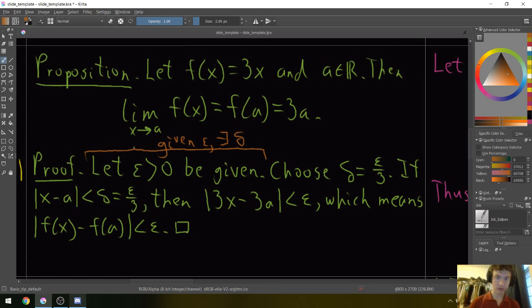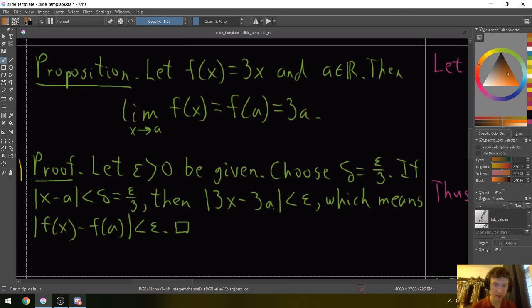So that means that to prove the limit exists, all I have to do is show you that if you hand me some epsilon, I can cook up a delta that has the required properties. So you can think of it as a game. Someone who doesn't want the limit to exist is going to try to pick an epsilon that's really hard, and he's going to hand it to you, and you need to just describe a strategy to always get an appropriate delta that will work. So to do that, you start by saying, all right, let epsilon greater than 0 be